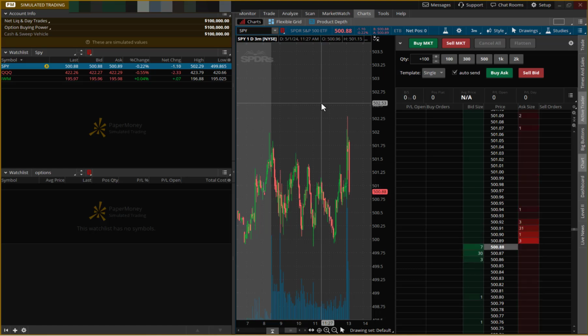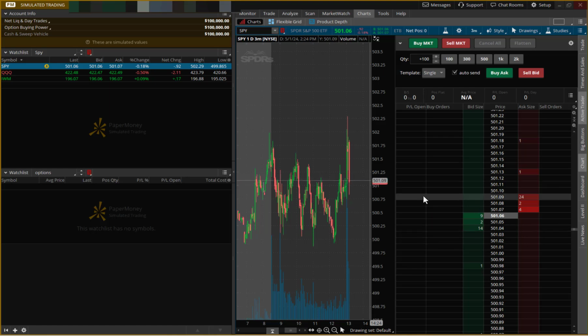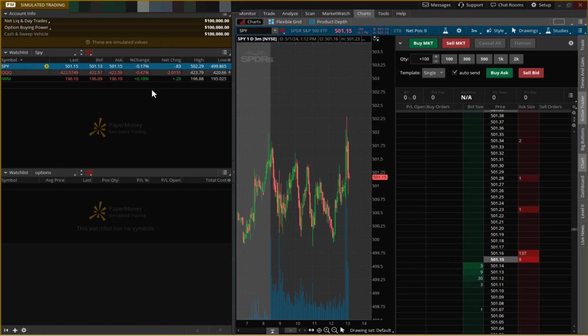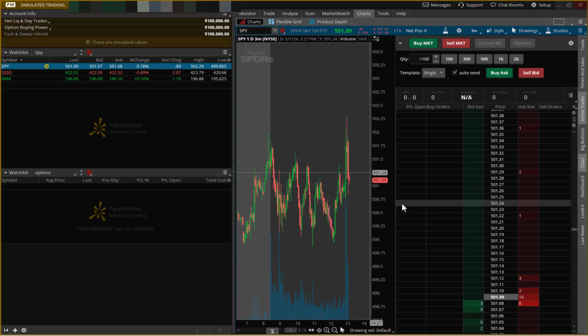I believe ThinkorSwim is one of the best platforms to trade options because you can manage the position very easily here: move up your stop loss, or have a 20% automatic stop loss, or any percentage you want. It's very easy. Right now I will explain to you guys. As you can see, this is a paper money account. I can show you everything. We can take trades wherever, and